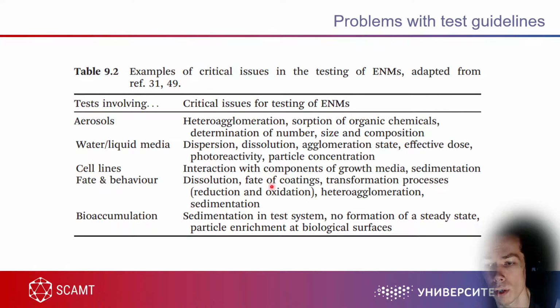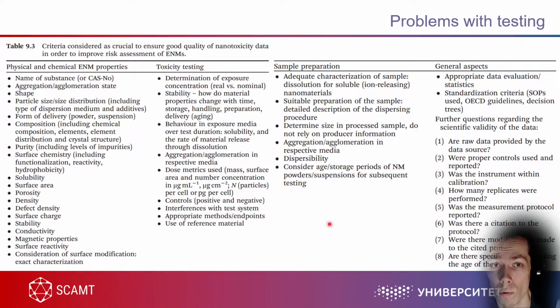Will they be coated with some additional environmental molecules, or the opposite, will they lose this coating, and so on? And because of the enormous amount of questions at this stage, there's an enormous amount of physical and chemical criteria, and a lot of testing problems